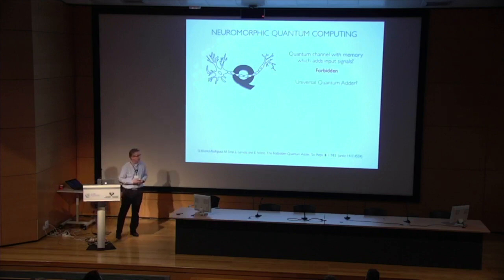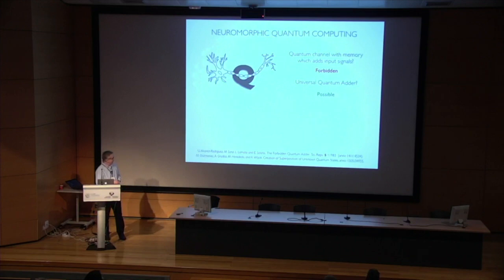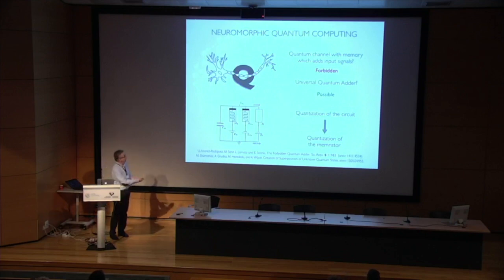Of course, there is something like the quantum adder, or Viper, which is possible, as was proved by Unai here in Kike's group some time back, in some sense, and other people. And now what about memory? So what we propose is let's look at the quantization of this circuit. In particular, let's look at the quantization of the memristor, in which case we will have some systems with memory in which we have a quantum description.